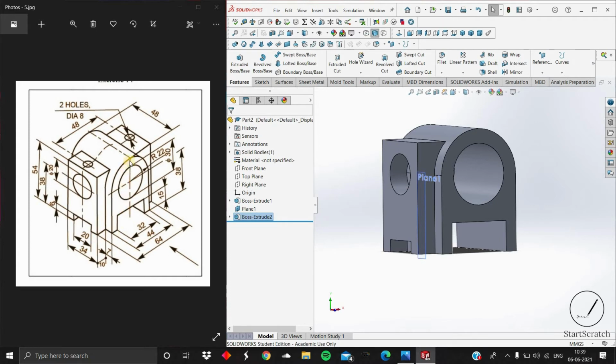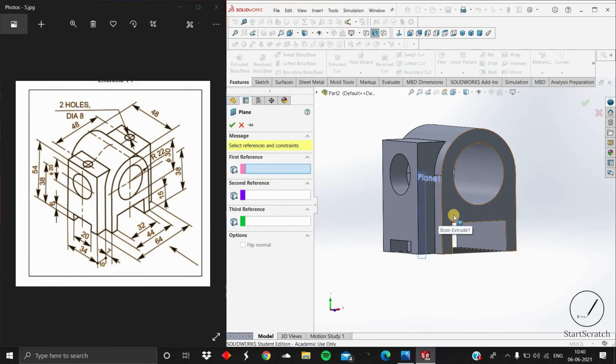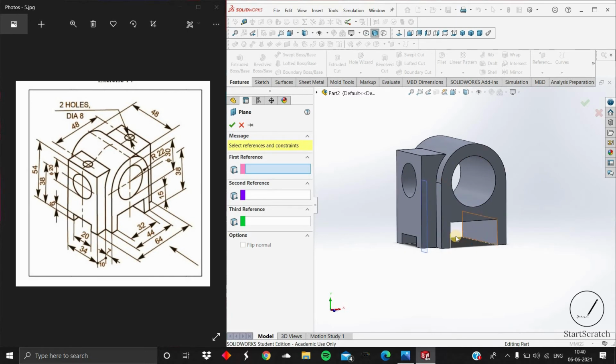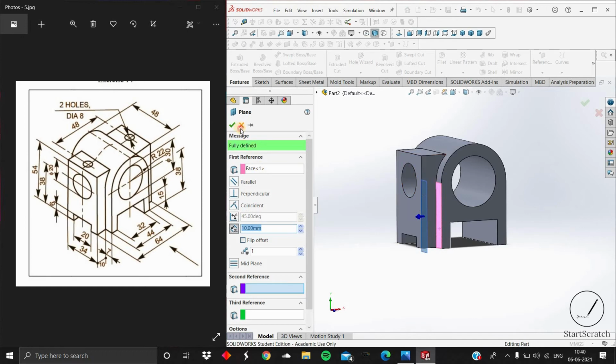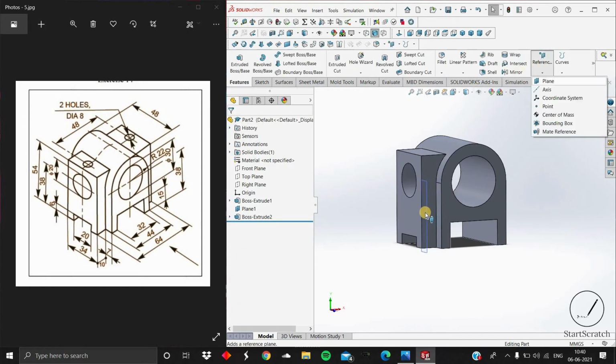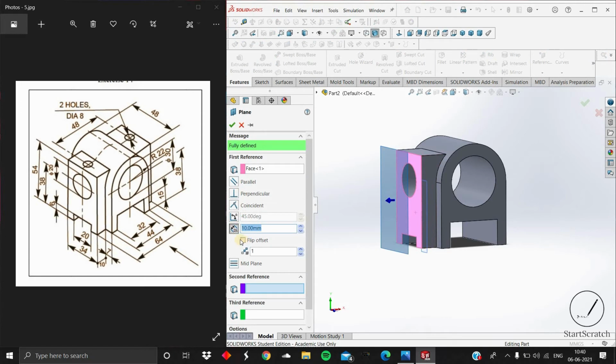If we take it from the center, it is 22 mm till here and 10 mm more, so 32 mm from the center. So go to reference plane, flip the offset and make it 32 mm.